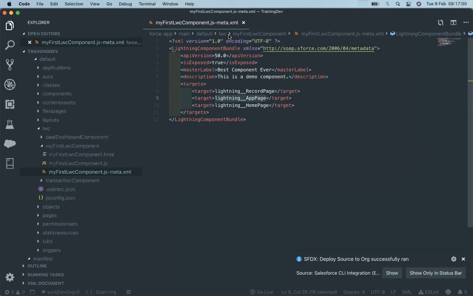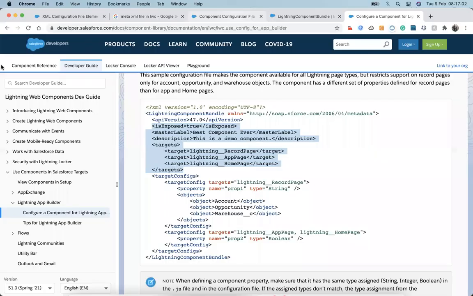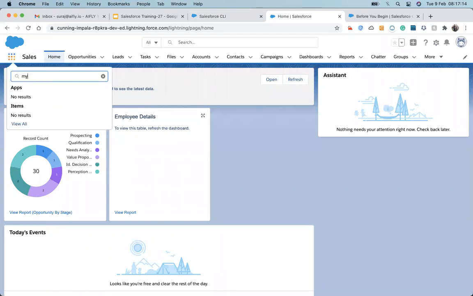So what will happen is that this component is now available at my developer app page. Let's check whether I have built any app page or not. No, I haven't built any app page. Let's create an app page.